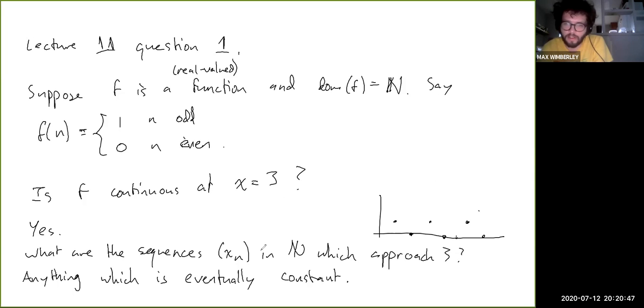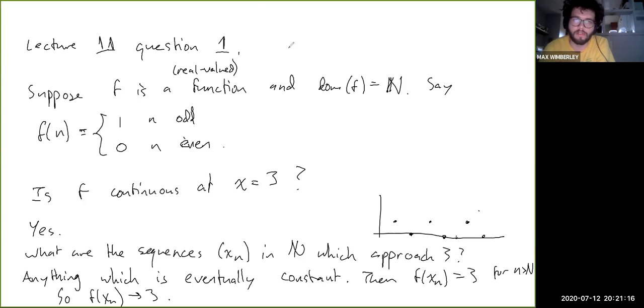So eventually x_n just has to equal 3 forever, and if that's true, then f of x_n is constant for n greater than some capital N. So if x_n converges to 3, then x_n has to be eventually constant, and that means f of x_n is also eventually constant. So f of x_n, sorry, it doesn't converge to 3, it converges to 1. So f of x_n equals 1